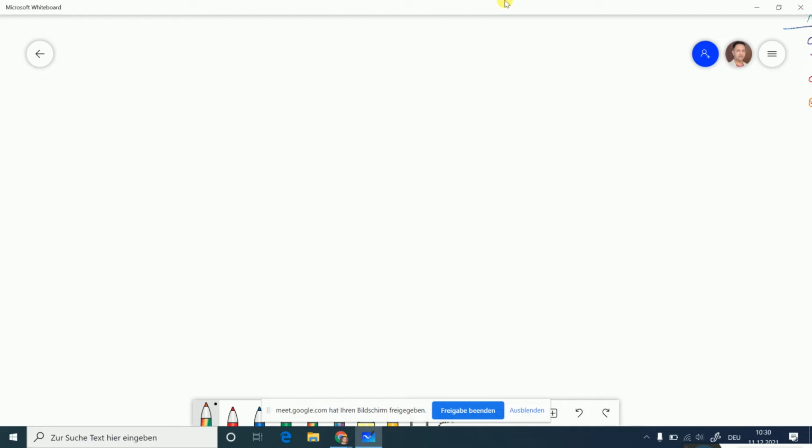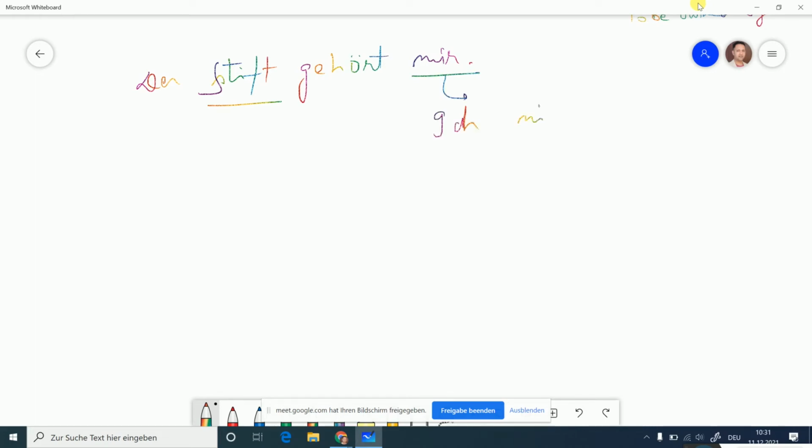So I was taking the example "Du hilfst dem Kind." That is already over now. One more example I would like to say, I think I took it earlier also: "Der Stift gehört mir." Here you see, "der Stift," that is the pencil, "gehört mir." Now "mir" is, you remember, ich, mich, mir, right?